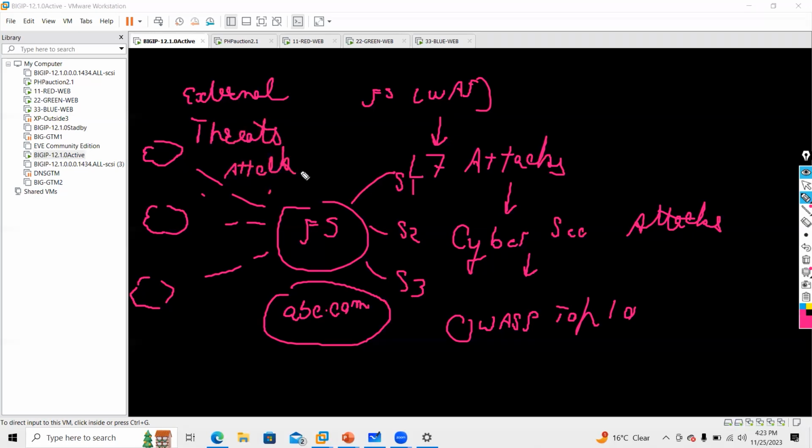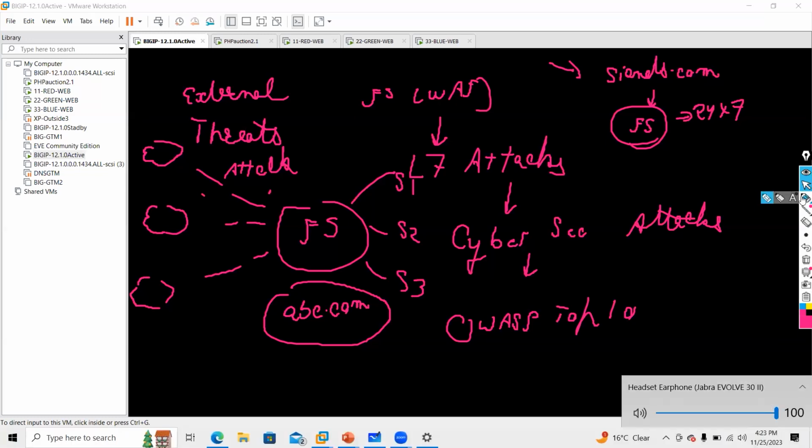I want to protect it. Let's say today, one of the students built his website called SIANETS.com, and that is hosted behind your load balancer. He wants that application to be accessible 24 into 7, that whenever I access this application on a browser, it should be accessible 24 into 7.